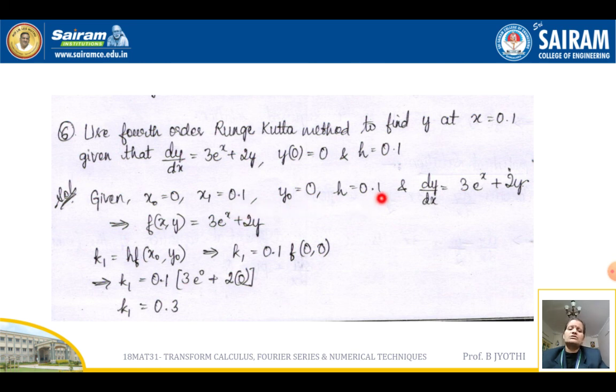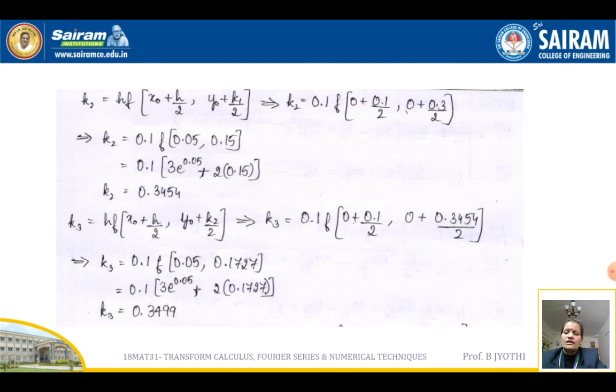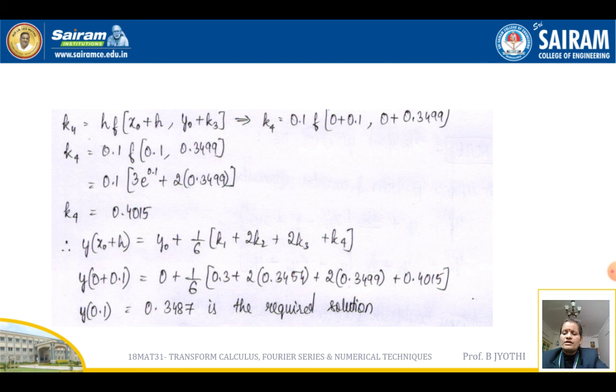So h is also 0.1. And the function happens to be f of x, y. So as usual, k1 is computed as 0.3, k2 is computed as 0.3454, k3 is computed as 0.3499, and k4 as